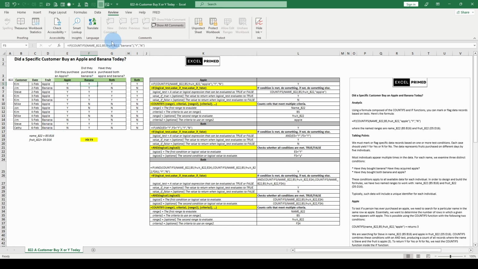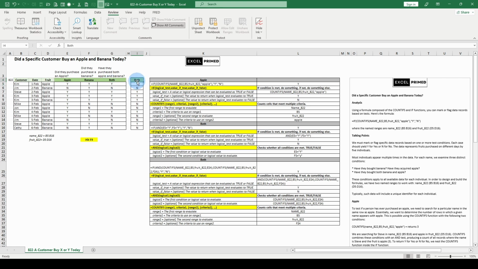Banana? Well, the only change is we're going to note B5 and then we hard-coded banana. We could have put a quasi filter up top here and put apple and banana, but just go with what we're working with here. All we're going to do is check to see if we have a yes in E and F. And if so, yes. Otherwise,